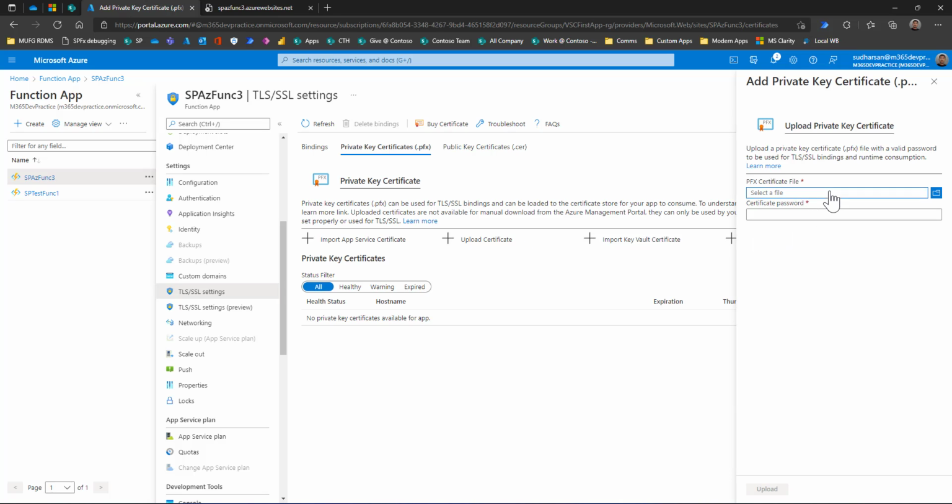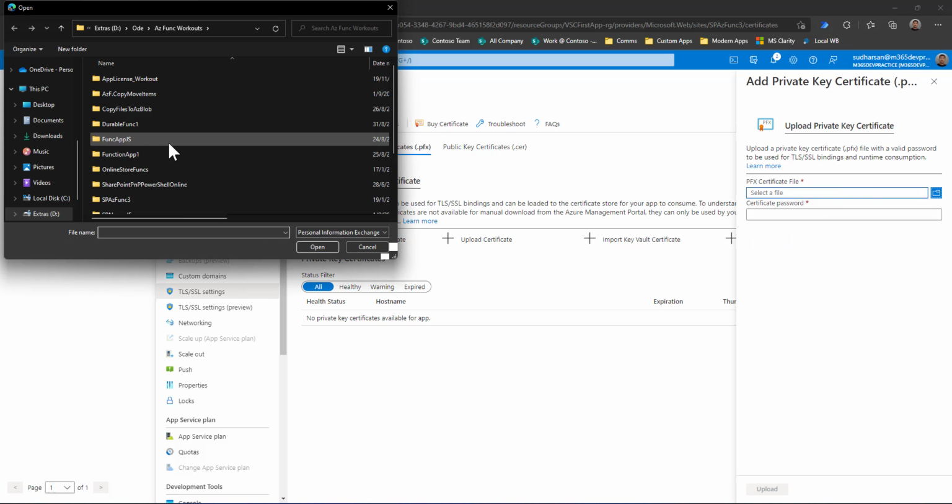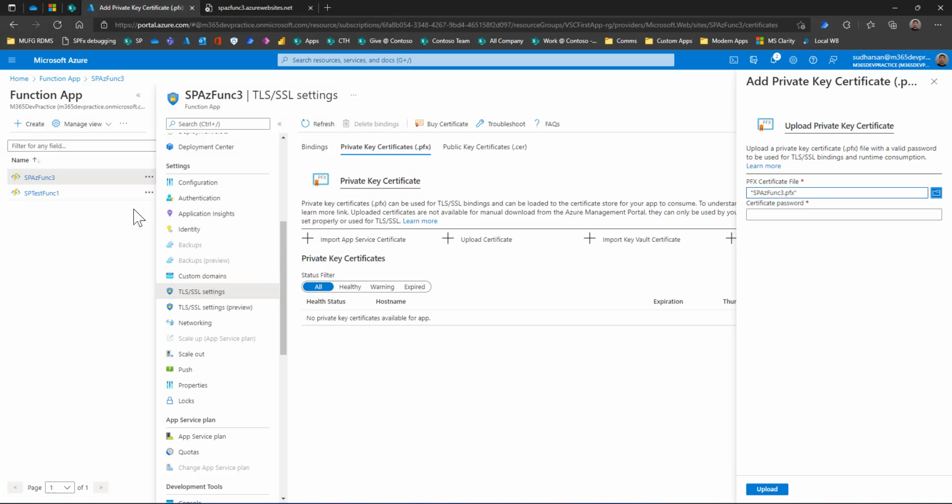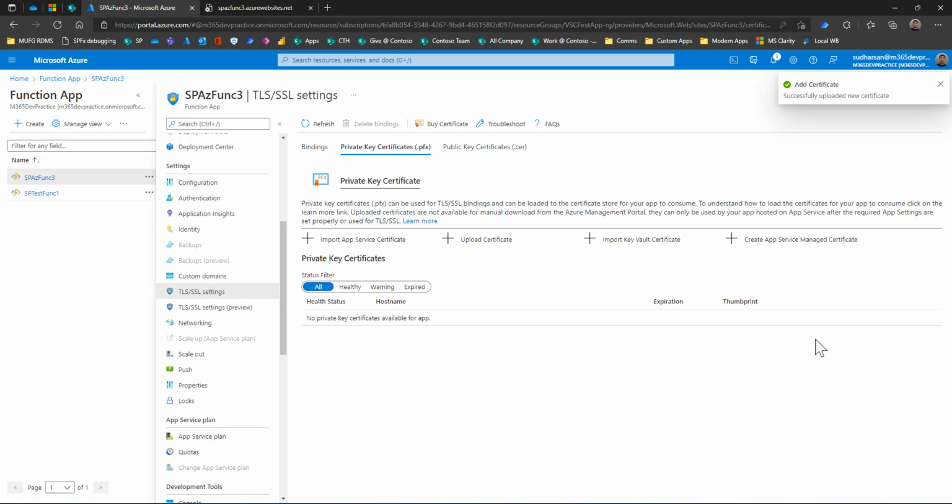Here you have to upload the PFX file, which is the SP Azure function PFX file, and give the password, the password which you used to generate the PFX file. Once the certificate is uploaded successfully, it will validate and then provide you with a thumbprint.